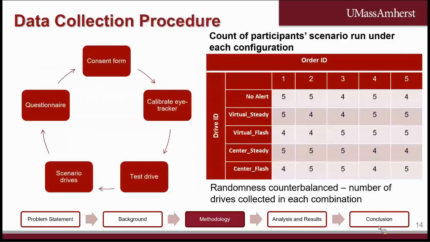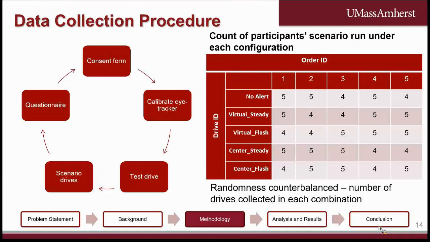So each participant underwent these five collection processes, where the participant is given a consent form, and once on agreeing and signing the consent form, his eye was calibrated with the eye tracker, and he was allowed to have a test drive. Once he's confident to have five such drives, the scenarios were introduced to him one after the other in a randomized fashion, and this randomized fashion also was taken care of such that